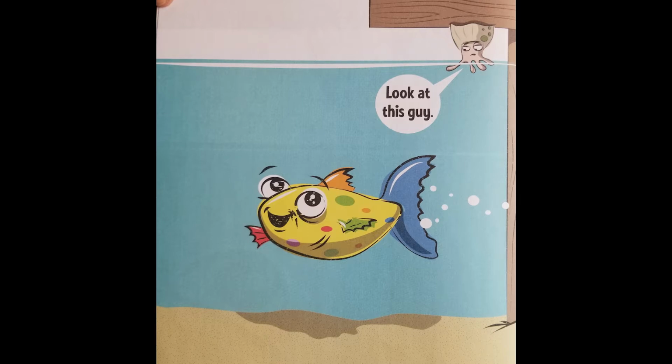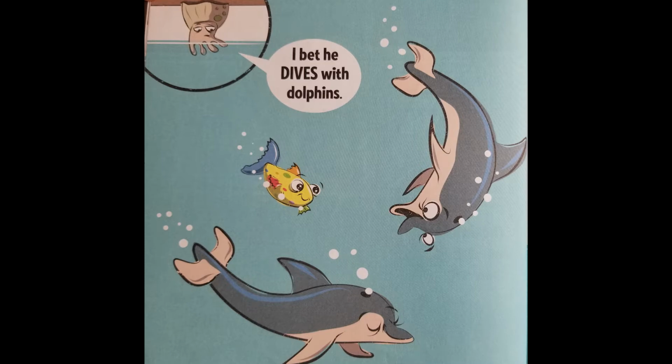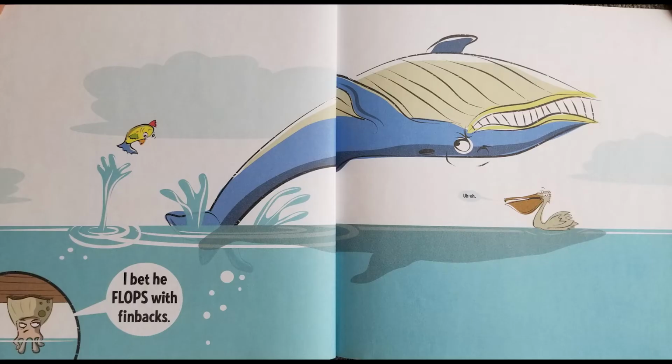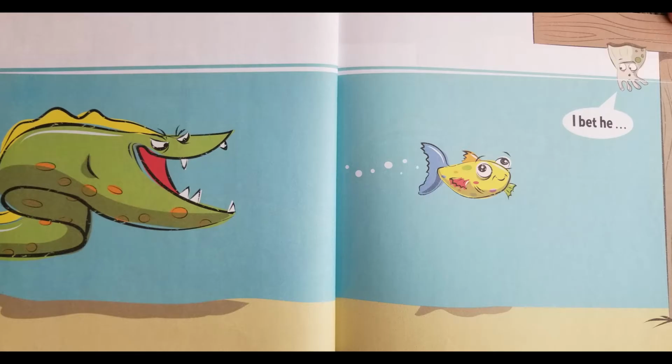Look at this guy. The little polka-dotted show-off. I bet his days are so fun. I bet he dives with dolphins. I bet he soars with sailfish. I bet he flips with flounder. I bet he flops with finbacks. I bet he plays with plankton. I bet he